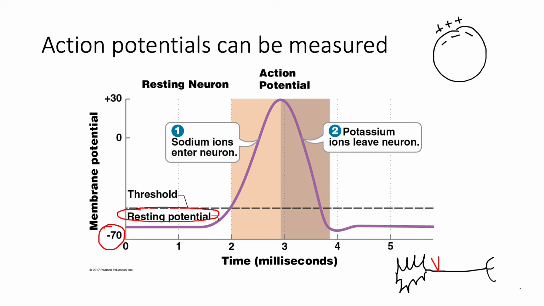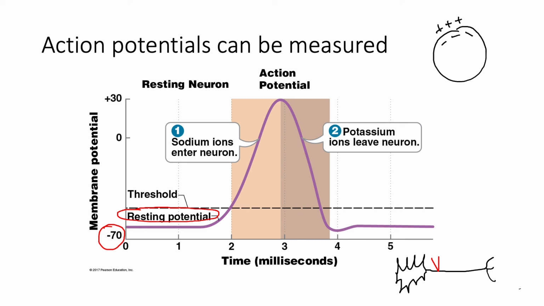However, if there is a voltage, and if that voltage is big enough, we will reach what is called threshold. This threshold value, this dotted line going across our graph, represents the minimum amount of voltage change that the cell has to see in order to fire an action potential,